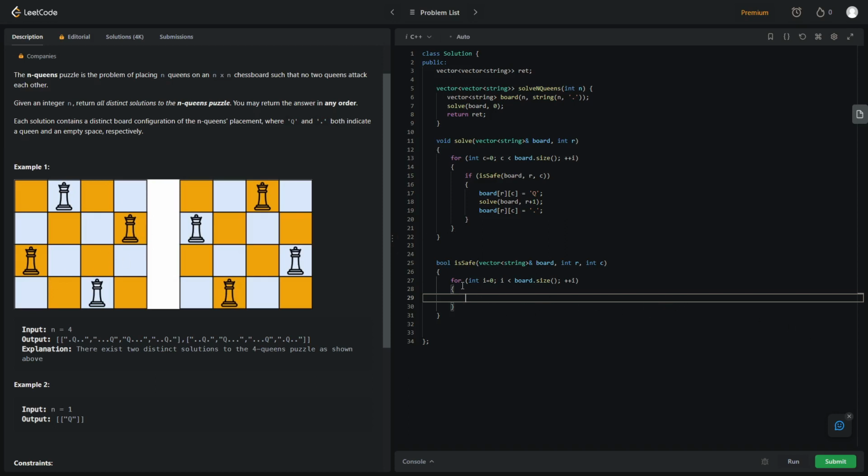What I'm going to do is we're going to go the maximum amount, which is the size of the board, and there's going to be 3 conditions. There's going to be the vertical, if there's a queen in the vertical, if there's a queen on the diagonal to the right and if there's a queen on the diagonal to the left. So I'm going to check 3 conditions using this one loop up to the length away. So the first one, let's do the vertical first. So if